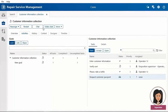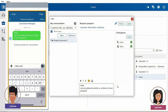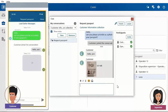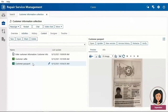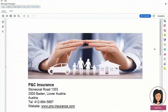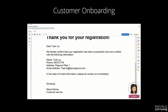She reaches out to this person onboarding and asks for a chat interaction. So this is where in the self-service, digital, the omnichannel comes into place, and asks now for this legal document that is missing for this onboarding process. So now we have here the customer, very friendly, uploading the legal document for the supervisor. The supervisor got it all in his inbox and can now look at the document, is happy with it, and can now vote that this can be approved, and all is done. The content here, the letter, is being sent to the client. So here we have the document design again. It's been sent to the client by email, and